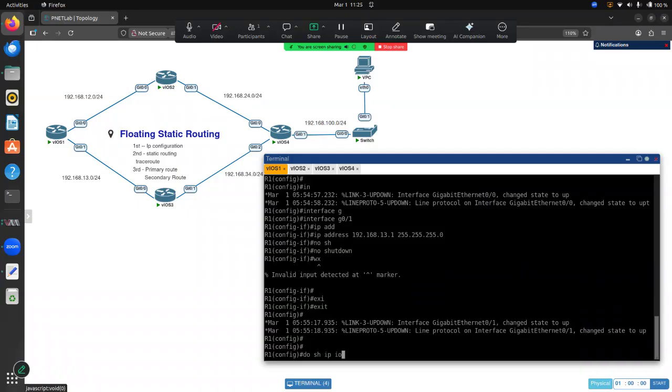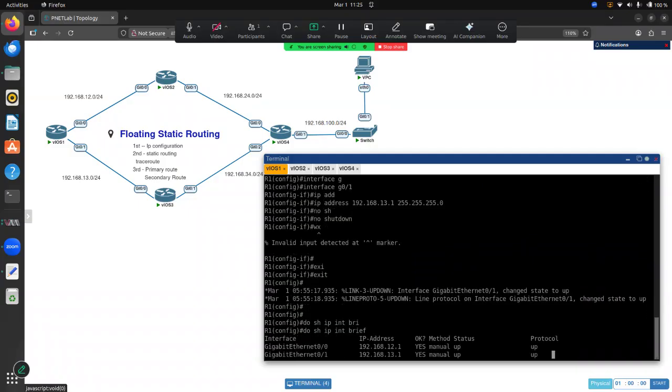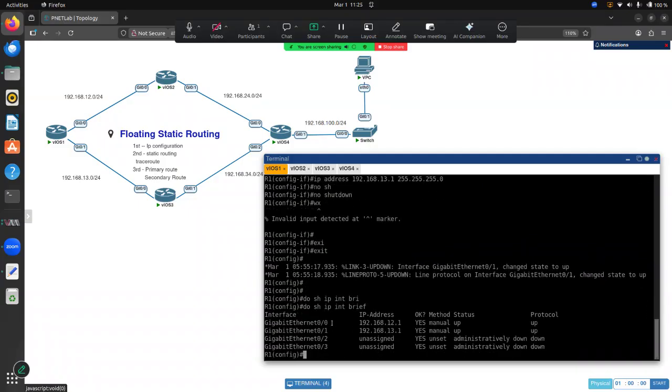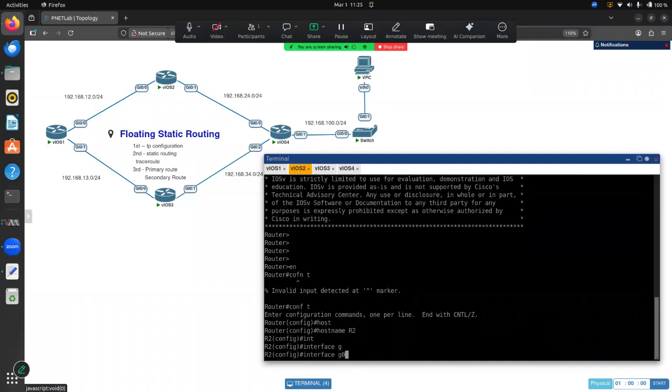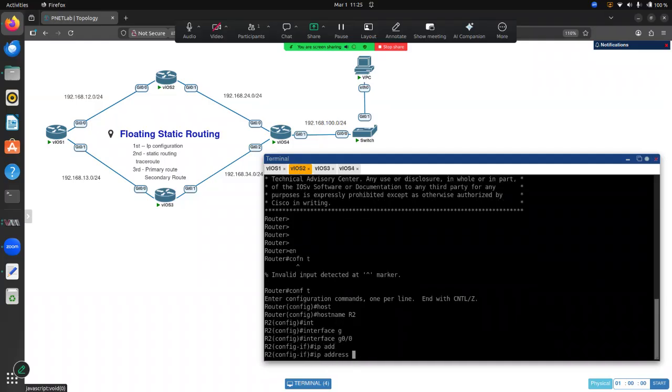Do show IP interface brief. See, 0/0 is 12.1 and 0/1 is 13.1, and the status and protocol are also up. Okay. And router 2, come to router 2, interface gig 0/0, IP address is